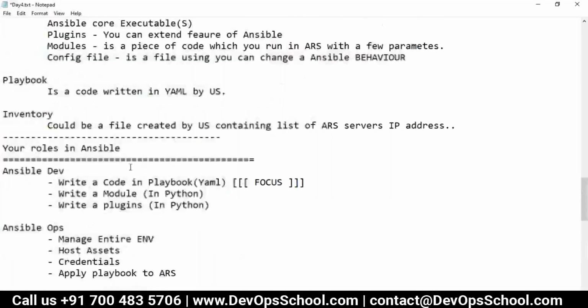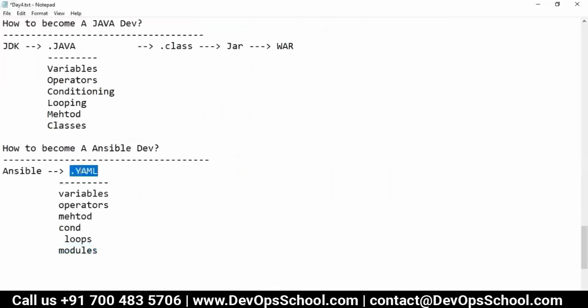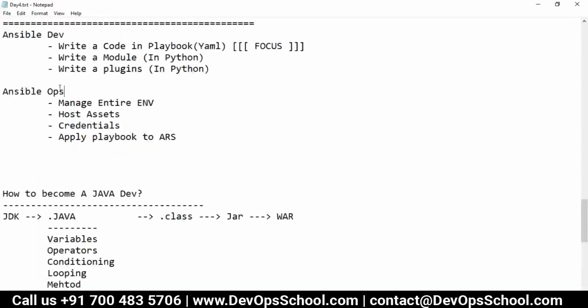So here, what is a module doing? A piece of code which you run in the ARS, sorry, with a few parameters. So you write modules in YAML, and they run in the ARS. After that, if you get multiple YAMLs, complicated stuff like that, you convert them, and this is your playbook, by the way. So if you get multiple playbooks, multiple variables, this, that, and all, and the program becomes unmanageable, then you convert into roles, and this role you give to operations, and he will run this playbook or role